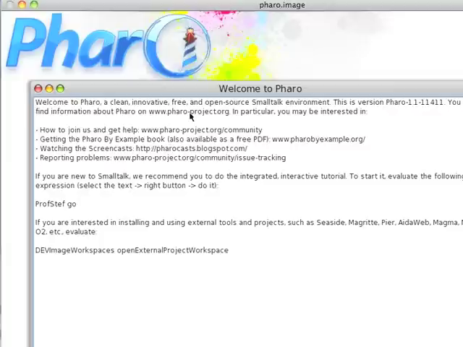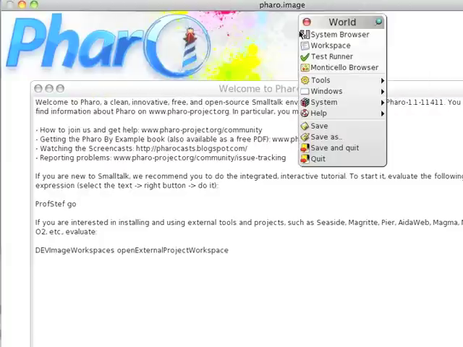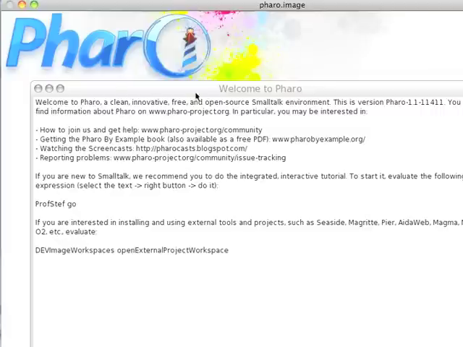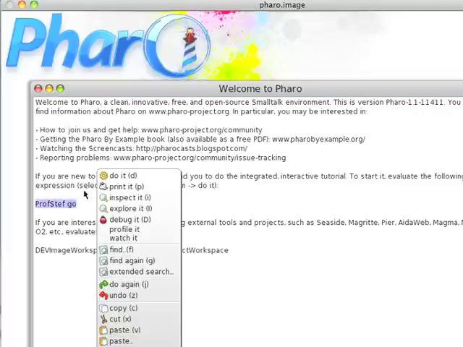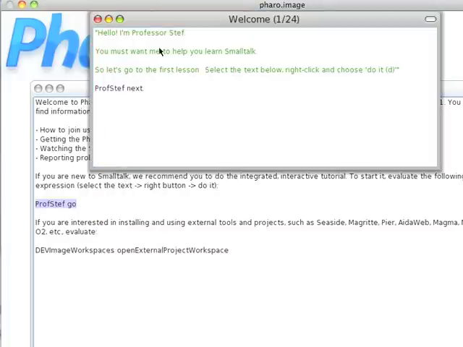bare screen. What do I do? I can start clicking the mouse around and get menus, but that's not that meaningful to me as a new user. Pharo makes things a little easier though. You come in here to this window, and if you read this, which to be honest I didn't, you'll notice that there's a getting started tool built into this called ProfStef. The way you do that is to right click and you get this menu and just pick do it,